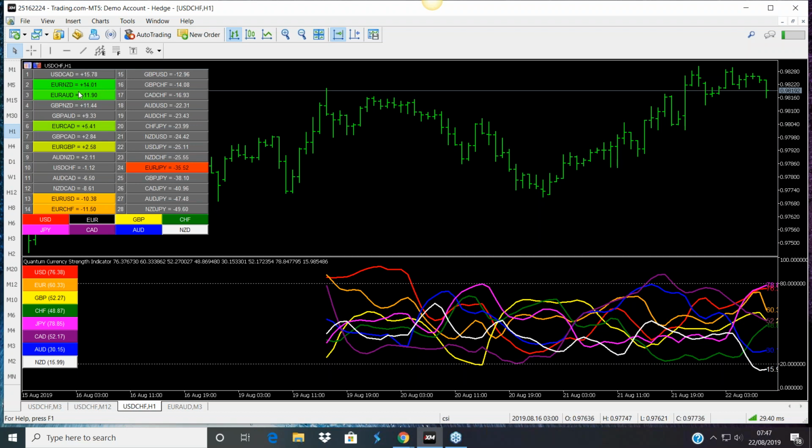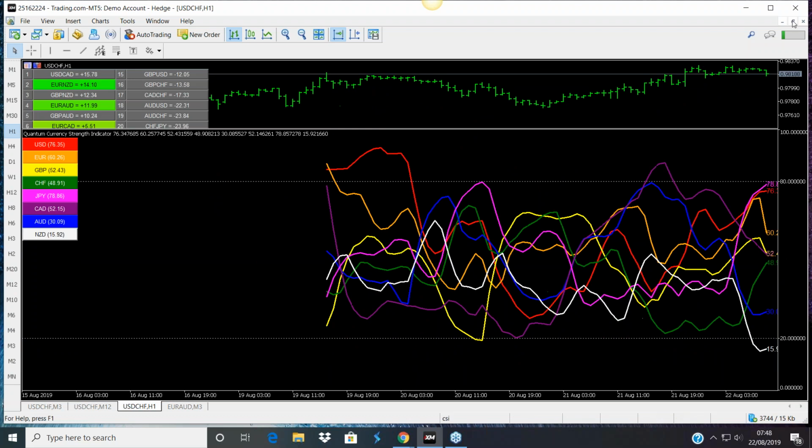It also tells us whether the pair we selected from the CSI is at a position on the matrix where it is likely to offer a potential for a reversal. In fact, as I'm speaking, the euro Aussie has actually dropped one space. So the two pairs that we selected this morning look to be fairly good candidates for a potential